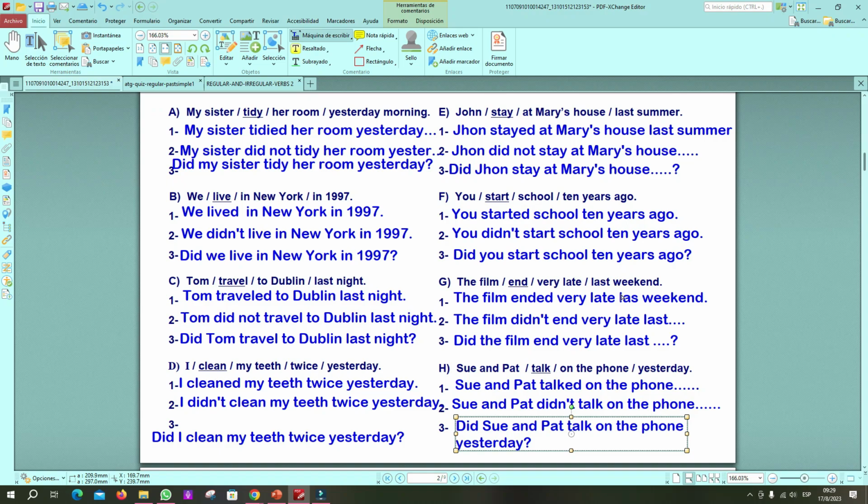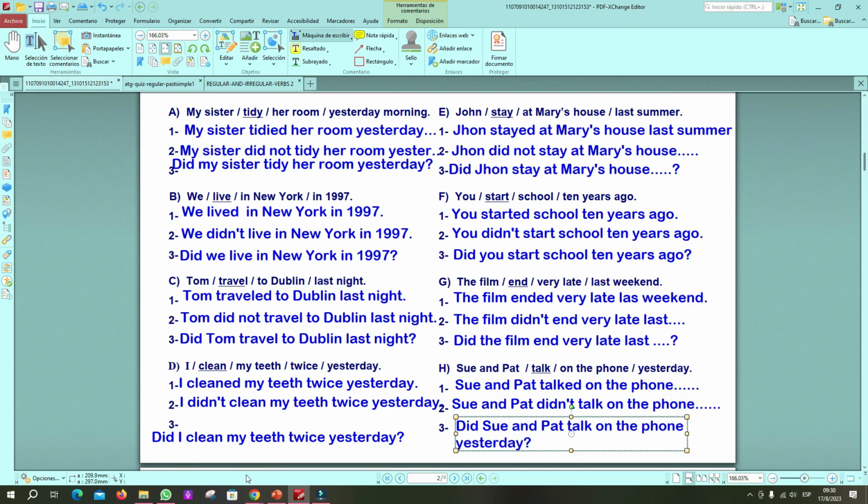That's great. Good. So, here you have the affirmative form, the negative form, the interrogative one. So, don't forget, in the affirmative form, you're going to add ed to the base form of the verb. In the negative and in the interrogative, you're going to write the verb in the base form, okay? Because you're using the auxiliary didn't or did, right?